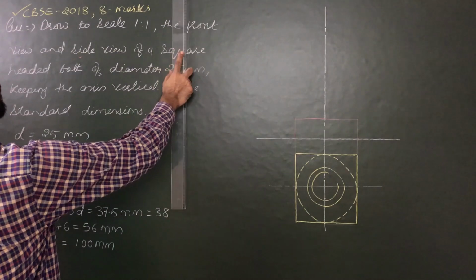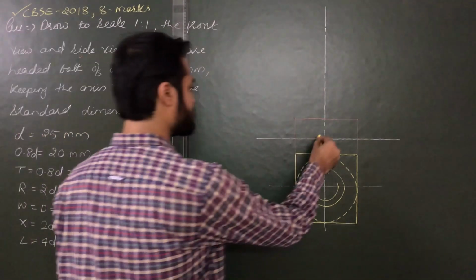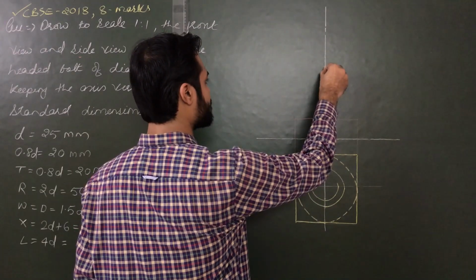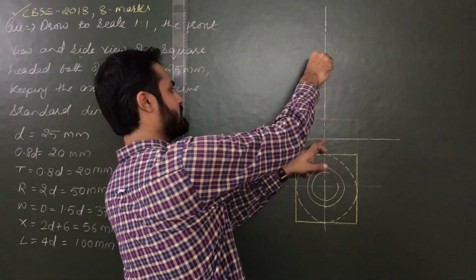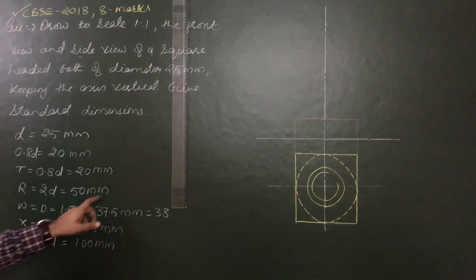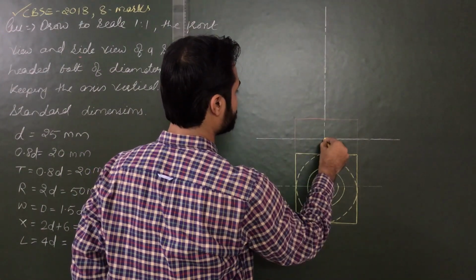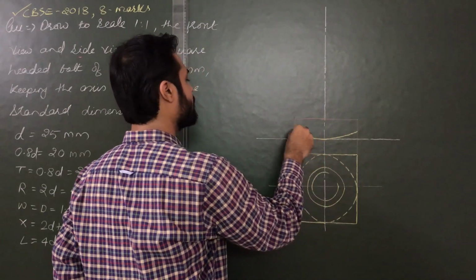For the arc, the radius is 2d. So from this point, mark the center for the radius, and from the center, this distance is 50 mm, r equals 2d. So from this center, taking radius equals 2d, draw the arc like this,